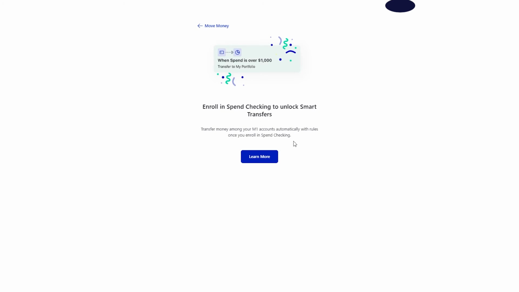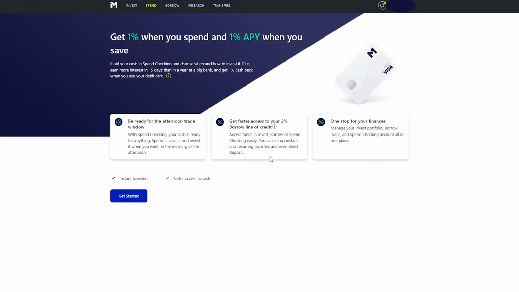And so what this is really saying is when you enroll in a spend checking, you have that debit card functionality versus the credit/borrow feature. And so if you press learn more, you can actually see you get 1% when you spend, 1% APY when you save. Hold your cash in a spend checking and choose when and how to invest. Plus you earn more interest in 15 days than in a year at a big bank, and get 1% cash back when you use the specific debit card. You have instant transfers, faster access to cash, get faster access to your 2% borrow line of credit, and one stop for your finances, which is this M1 Finance total